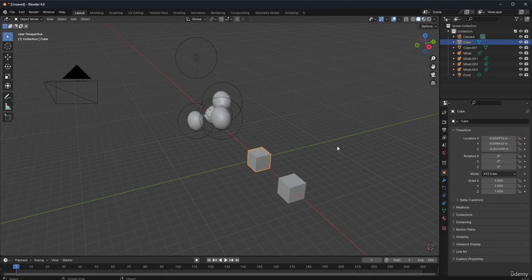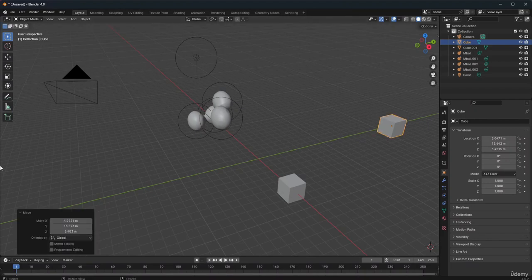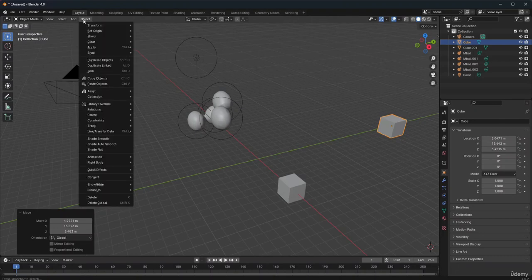Okay, so I will come here, I will click on G, and after that I will just put it right over here. Okay, so now again, if I want to get my objects right here in the center, whatever I will create, in that case what I can do is I will come here on top, and now I will just go to the objects, and from objects here you guys can see I do have an option called snap. Okay, so I can click on snap, and over here I can click onto the option of cursor to world